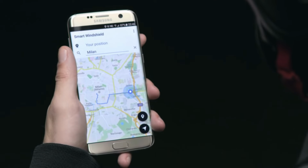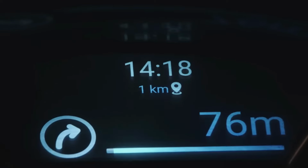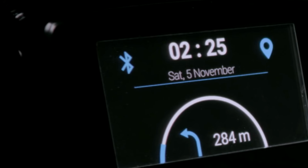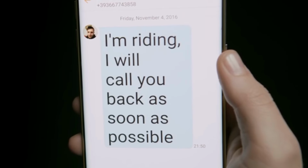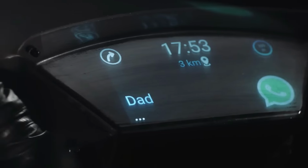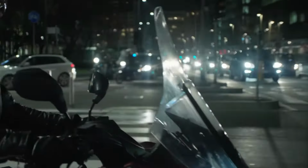The Smart Windshield features GPS navigation, ensuring you never miss a turn by displaying clear directions right in your line of sight. It also alerts you to incoming calls, providing the option to safely decide whether to pull over and answer or send an automatic reply that you're currently riding. Additionally, you can view text messages, emails, and other notifications directly on the windshield, eliminating the need to handle your